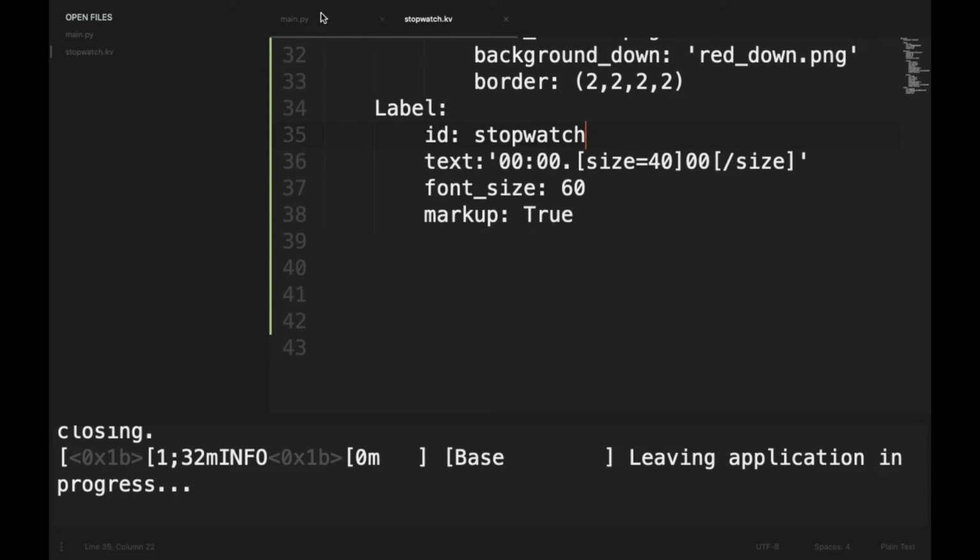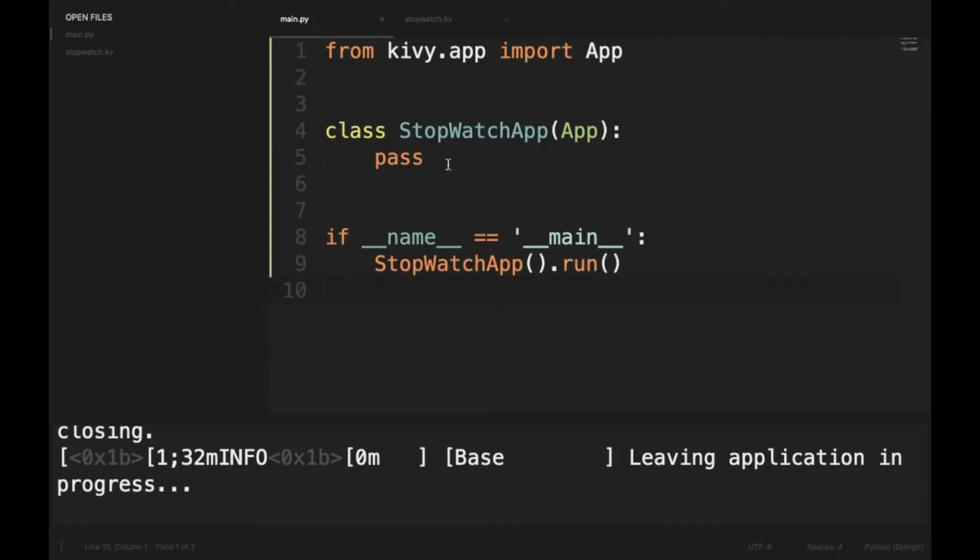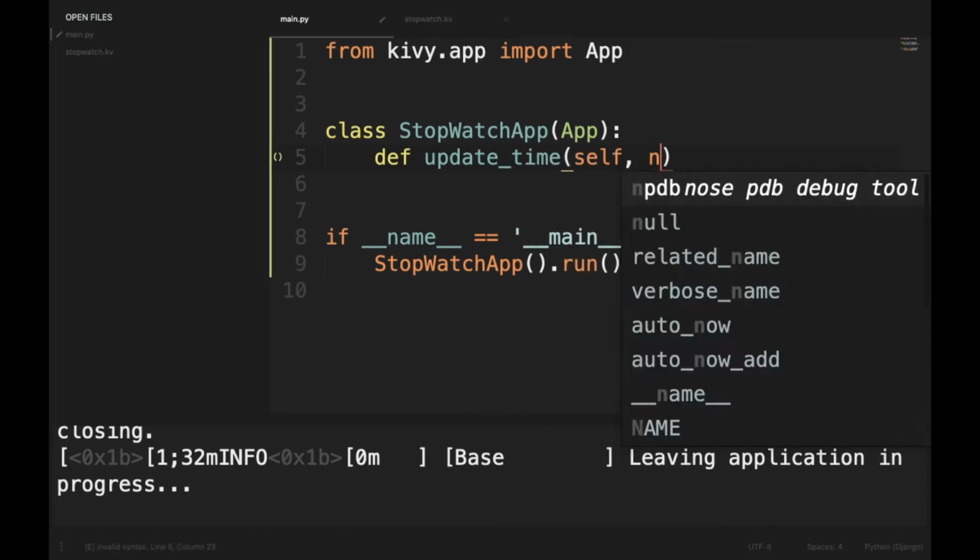And now we will move to the code part. First of all, we need to show the time, and for that inside the StopwatchApp class we will create a function called update_time, which will take two arguments, self and nap.